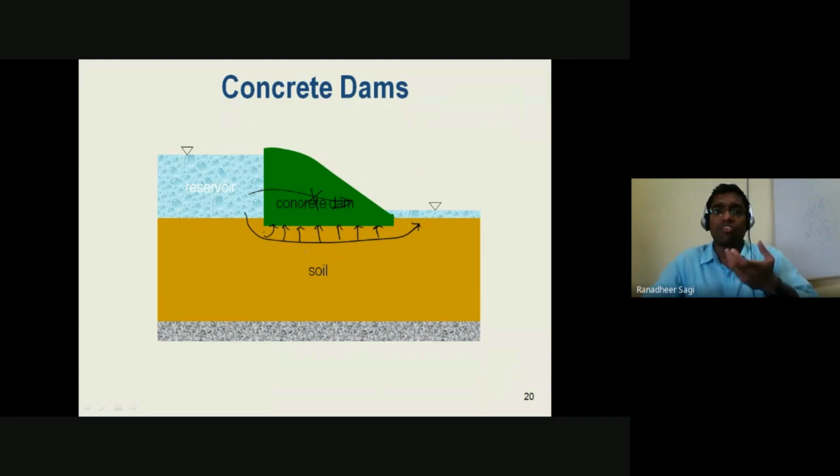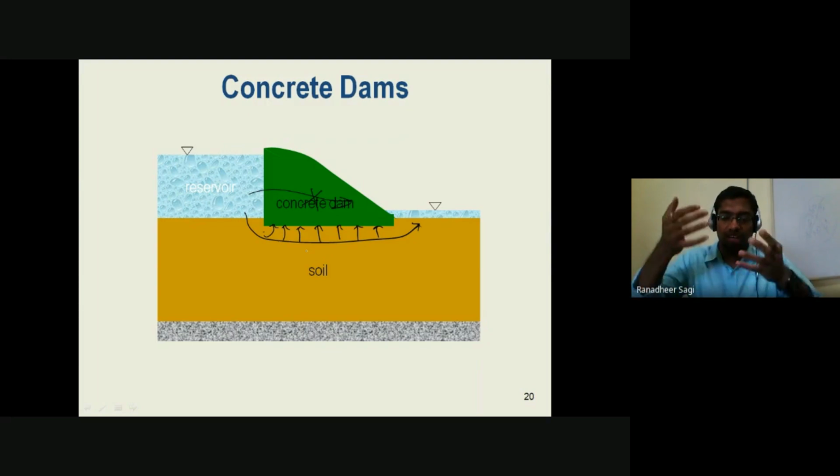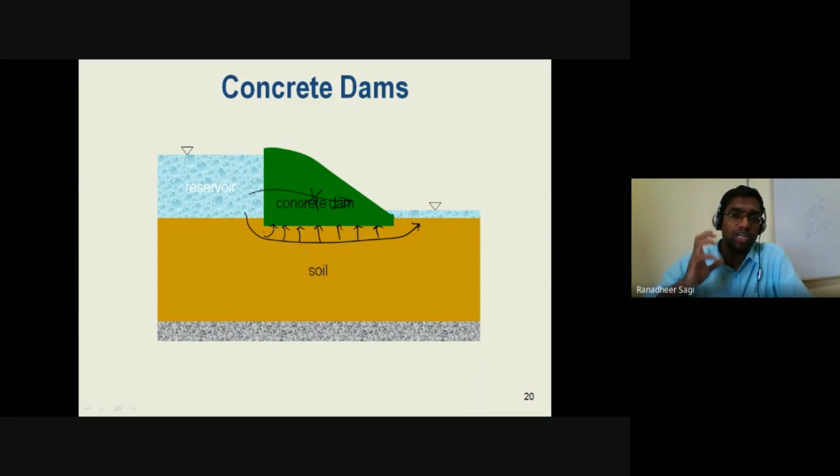So how much uplift pressure there is, because of the total head difference between upstream and downstream which governs the flow, is what we need to understand. And if that uplift pressure is higher than the weight of that concrete dam at any particular location, or the pressure transferred through the concrete dam onto the soil strata, then you are going to see the concrete dam getting lifted upward because of excess uplift pressures exerted at the bottom of the dam. So you have to be very careful in understanding how the flow is happening through that soil, and how much seepage pressure is being exerted by the flow condition at the bottom of your structure.